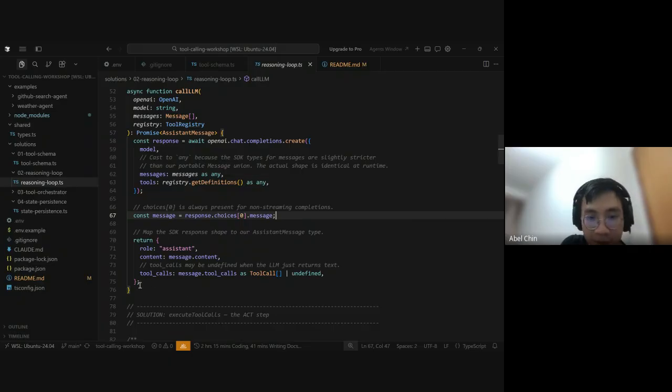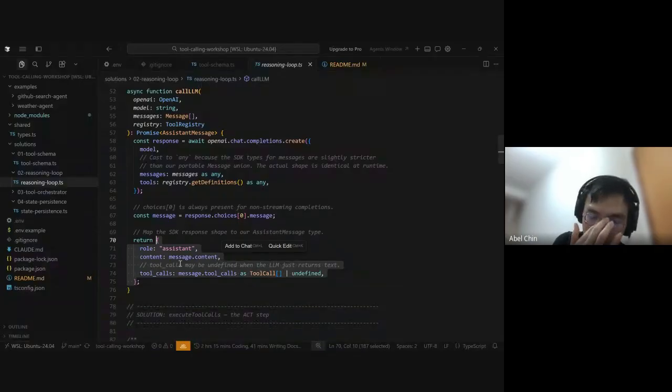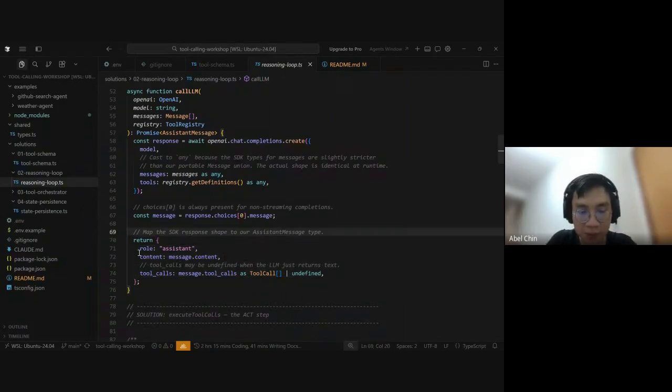Notice that this is following the data structure of the assistant message that we defined earlier in the types file. Again, all these data structures that we are defining are used to structure the inputs and outputs. So system message, role assistant, content, the message. Okay, apparently there's another property inside message. We're just going to follow the company's format, role, content, and then tool